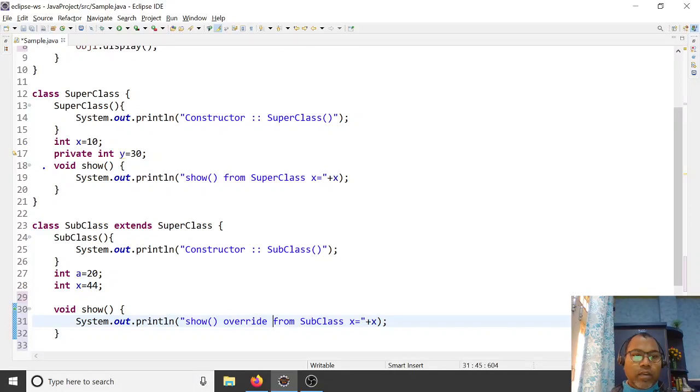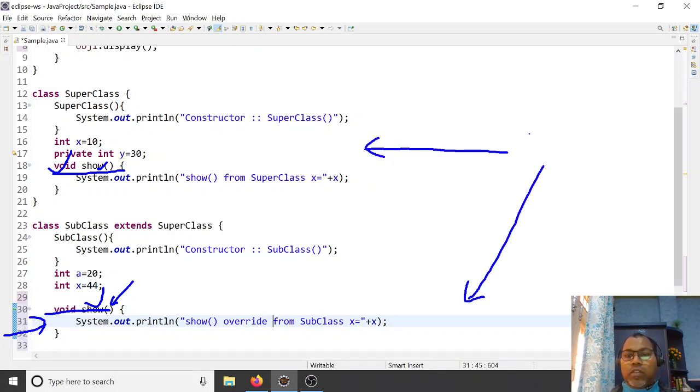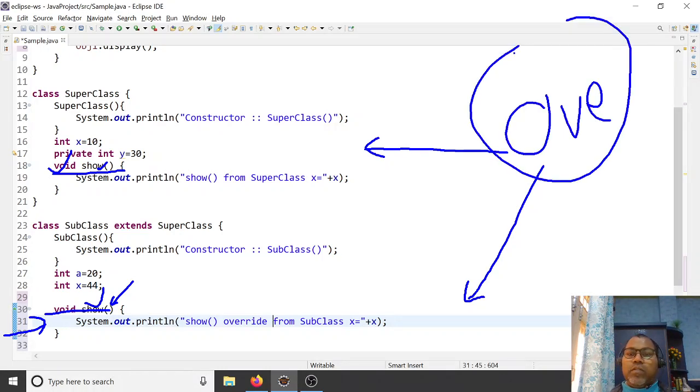Whenever you define the same signature from the superclass inside a subclass, with the same return type, same name, same signature, this is known as overriding. So you can define the same name as in the superclass. This is overriding.